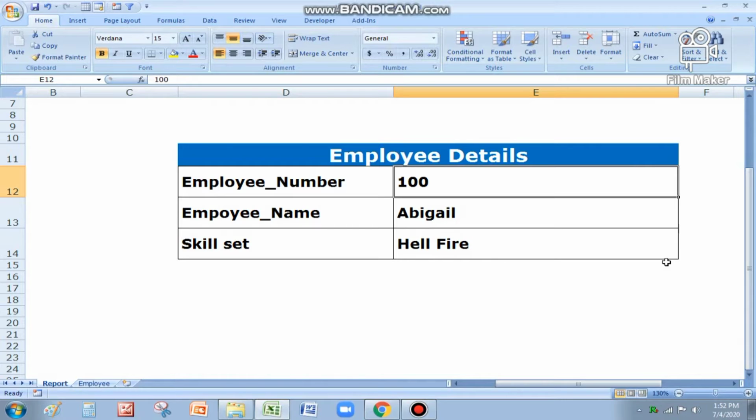Most of the time in IT companies or any companies, when they are doing some reports, they talk about VLOOKUP. Then what is VLOOKUP? I'll tell you. This is the requirement: I'm looking for employee details. When I put the employee number, I would like to see his name and his skill set. Let us assume I'm an HR person. I want to see which member has what technology skill set.